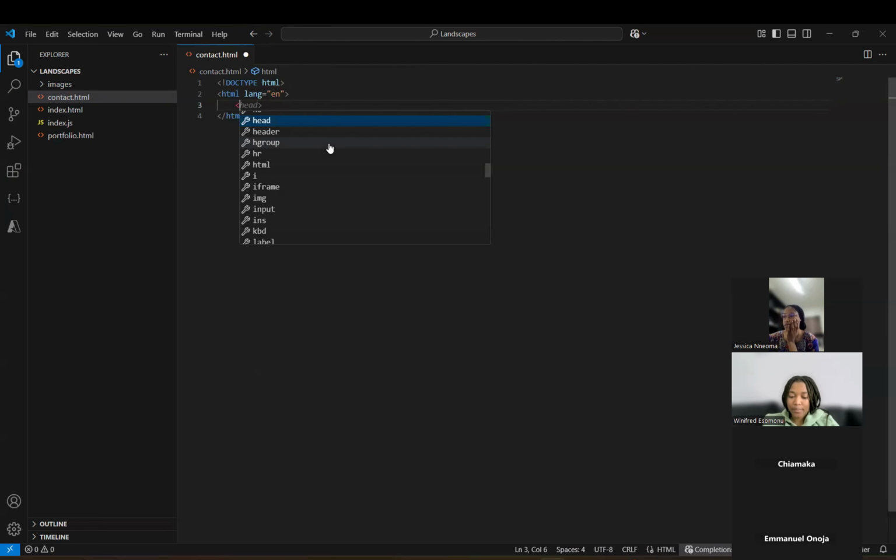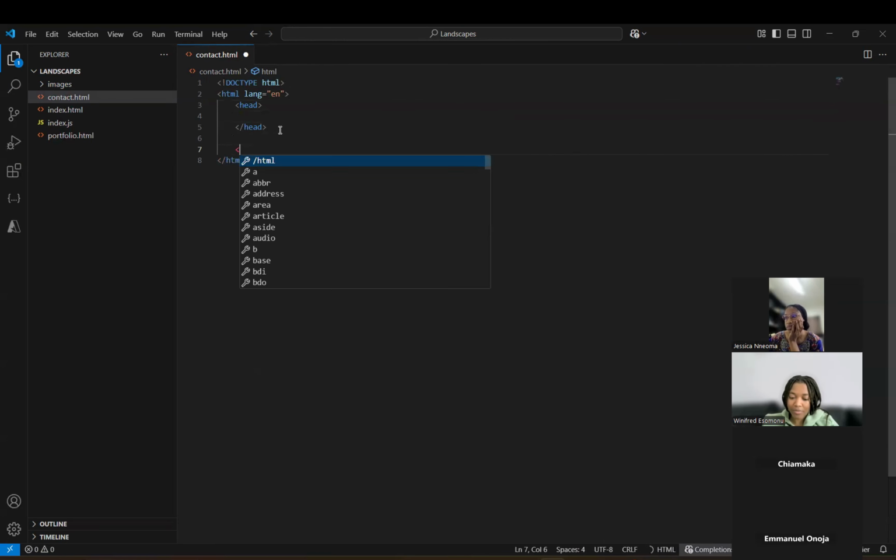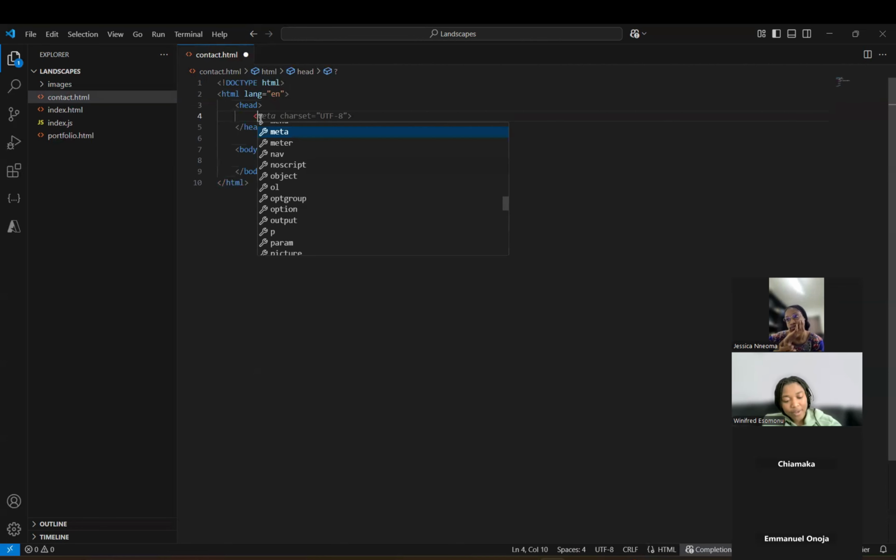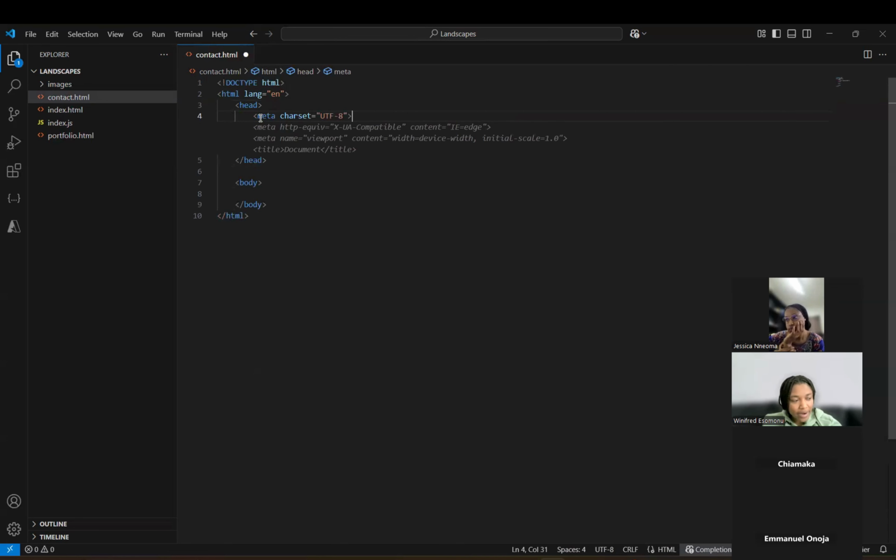And the next step, of course, is the head tag, which we have, and then we also have our body tag, right? In the head tag, we have meta, and we specify our character sets. And we also have